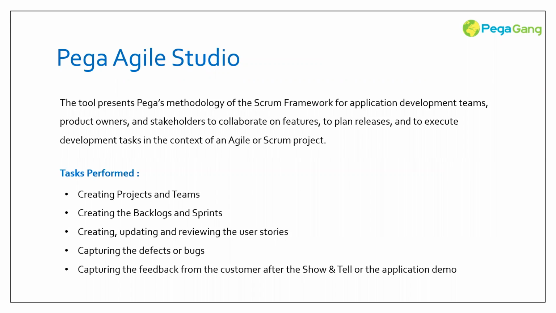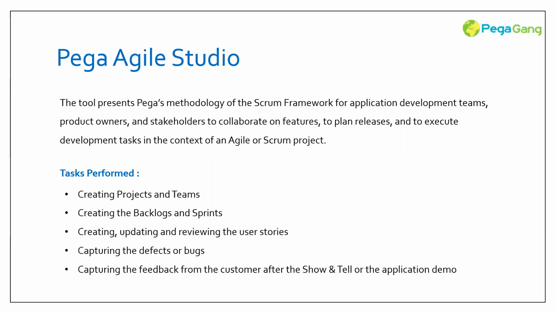Pega Agile Studio presents the Pega methodology of the Scrum framework for application development teams, product owners, and stakeholders to collaborate on features. It helps to plan the release and execute the development tasks in the context of agile or scrum projects. So this tool helps to track the project progress and see who is assigned what work, what work is getting done by that particular person, and if there are any blockages, who needs to be engaged in order to